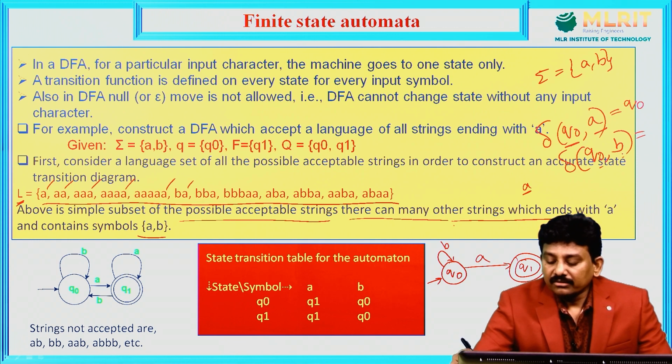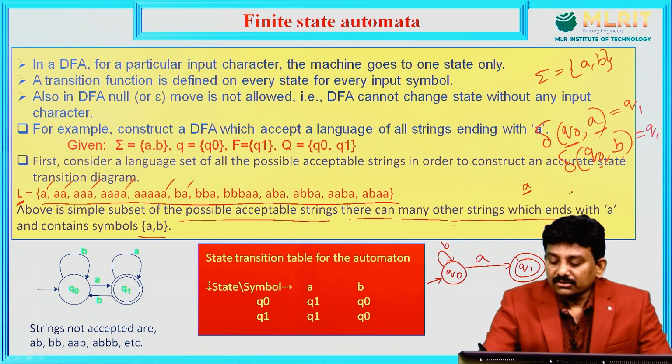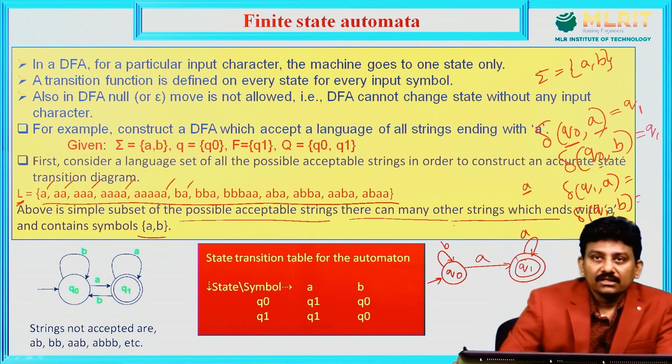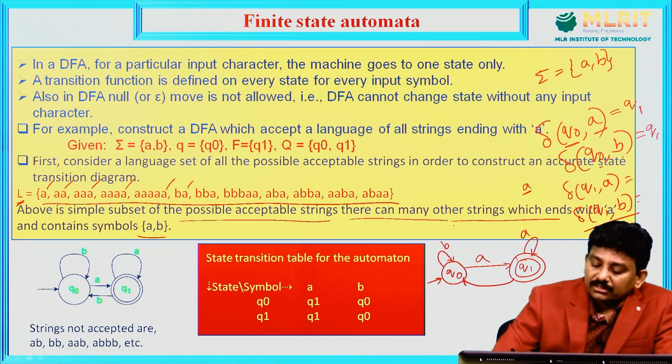For q naught on B, stay in the same state; q naught on A going to q1. For q1 also we need to define transitions for all inputs. q1 is a final state, and we have already seen A. If the next symbol is also A, that may be the last symbol of the string. So for A in q naught, stay in the same state; from q1 for A, stay in the same state. In q1 if you read B, go to a non-final state,